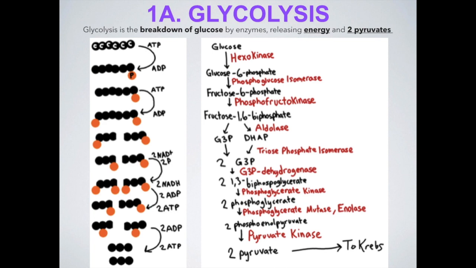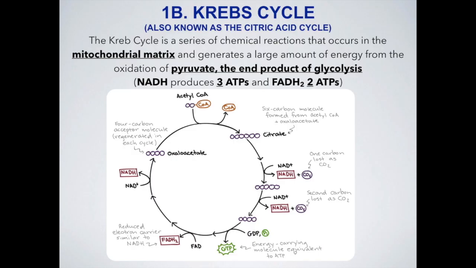But now those 2 pyruvic acids go to the Krebs cycle. They move on into the Krebs cycle, and so those pyruvates actually get changed again and again. You can see the little circles, those represent your little carbons. They get changed and lots of energy is being released. Okay, you can see we have a citrate, and then after that we have NADH being formed. Remember, NADH is 3 ATPs. So right now we're at 2 plus 3, so now we have 5 ATPs, and then we're doing another NADH, and